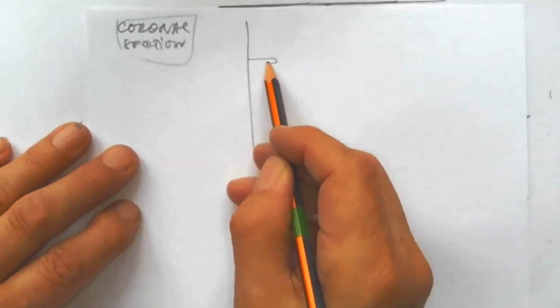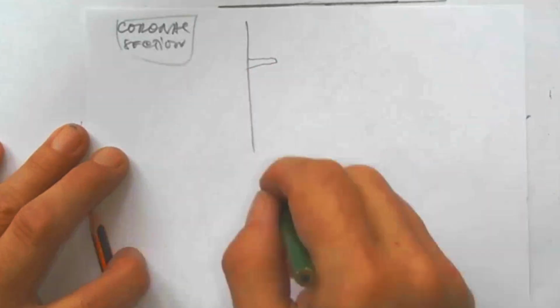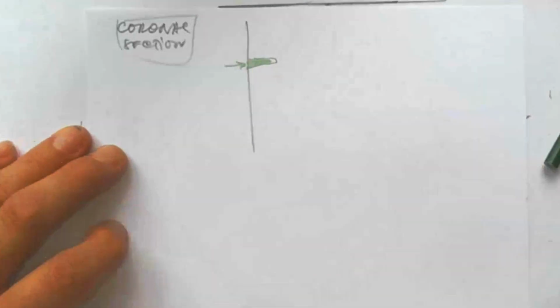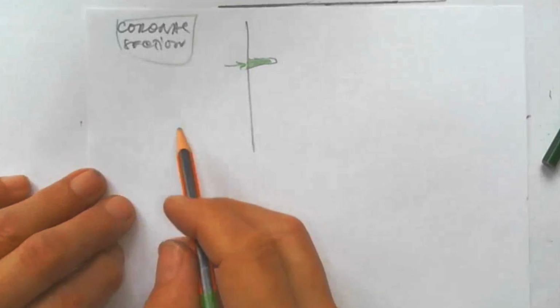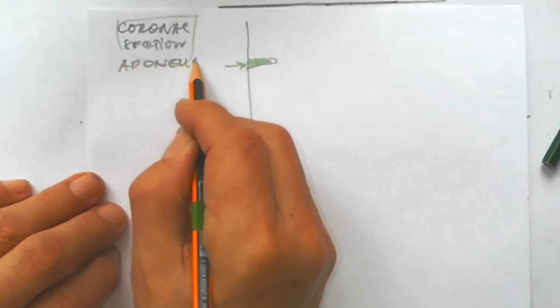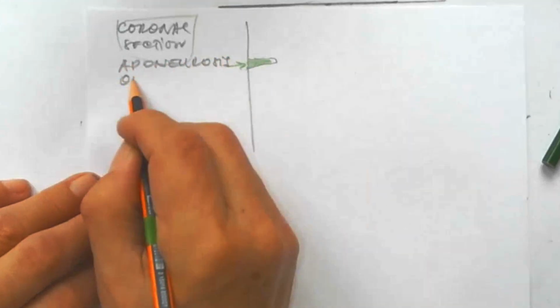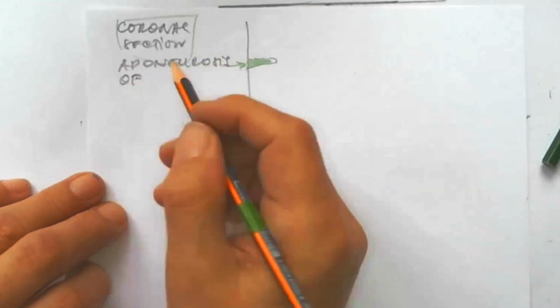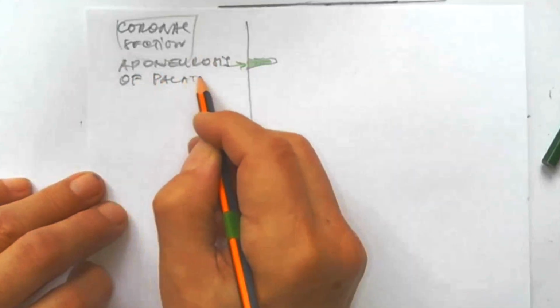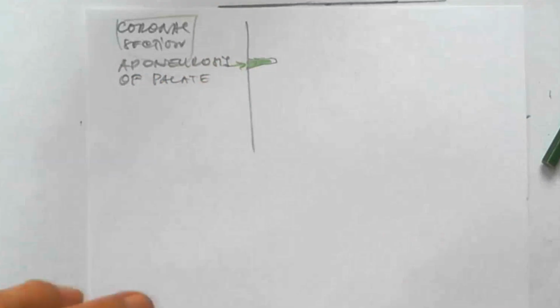Starting with a plate of dense connective tissue, a fibrous lamina, we call it the aponeurosis of the palate, aponeurosis palatina, or palatal aponeurosis,